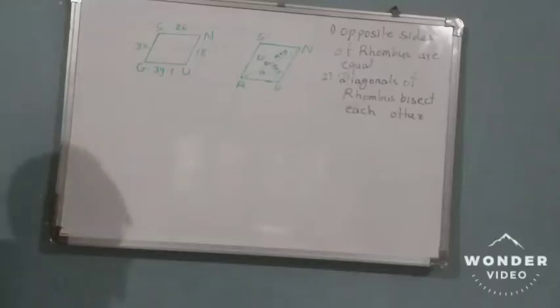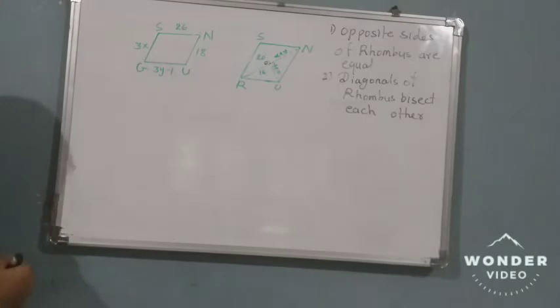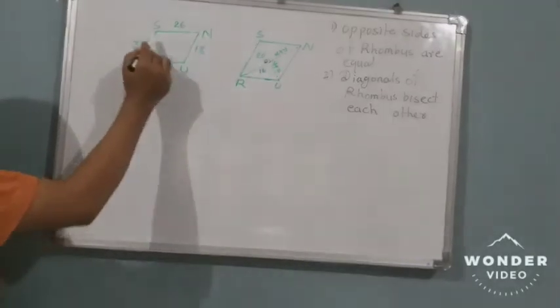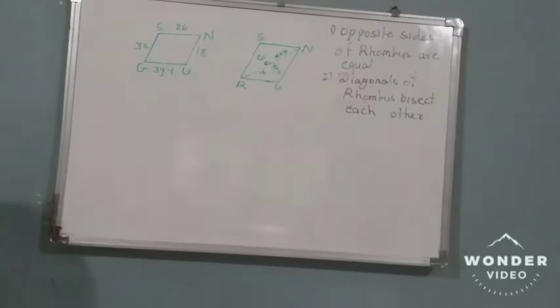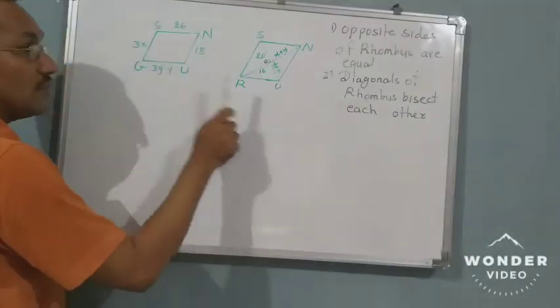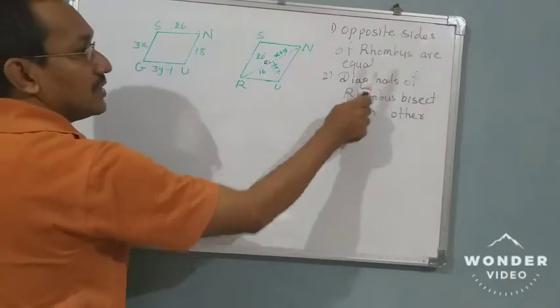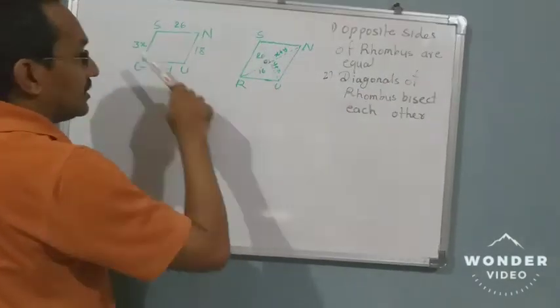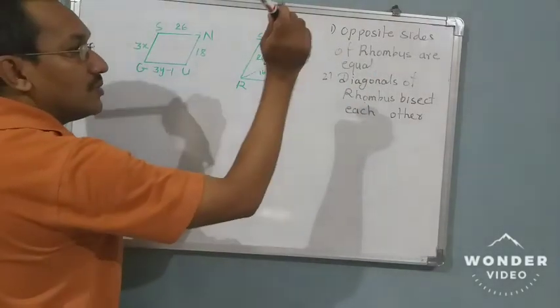Hello students. Now this is a question which is given, particularly this is a rhombus. We know the property: all sides of a rhombus are equal. Along with it, we are going to use two different properties of a rhombus for solving this particular geometrical problem. Opposite sides of a rhombus are equal. This is first. Naturally, all sides are equal, so opposites are also equal. So this property we will be using.